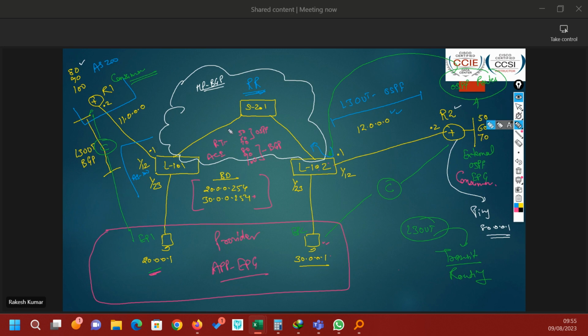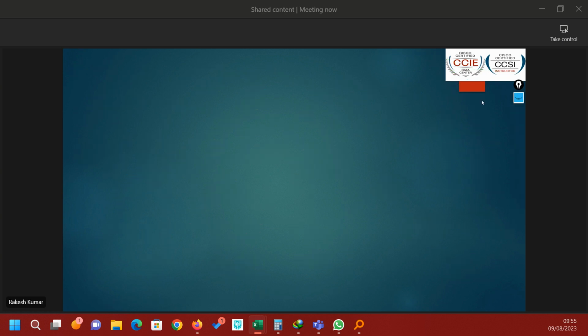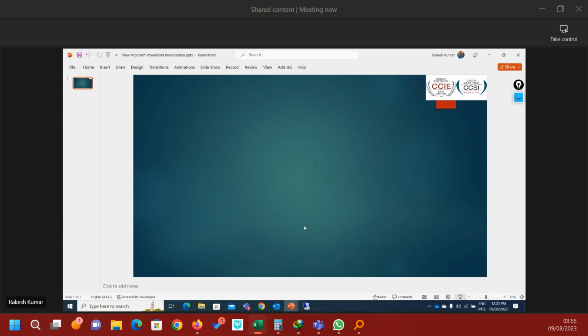In transit routing, these routes are already in my ACI fabric. So what you have to tell is: you can go to this domain and go to this domain, because this router does not have 50, 60, and 70, and this one does not have 80, 90, and 100. For that, no need to do anything extra right now. Into the L3 out only,